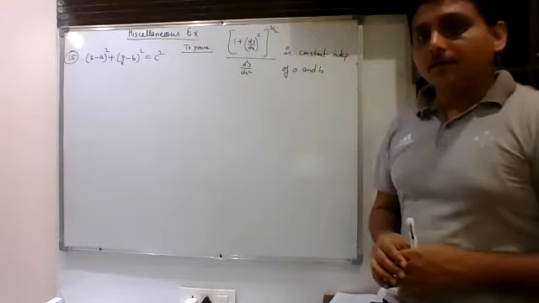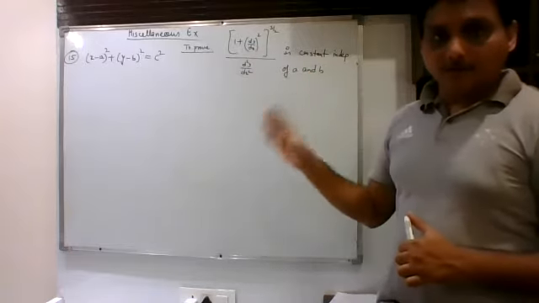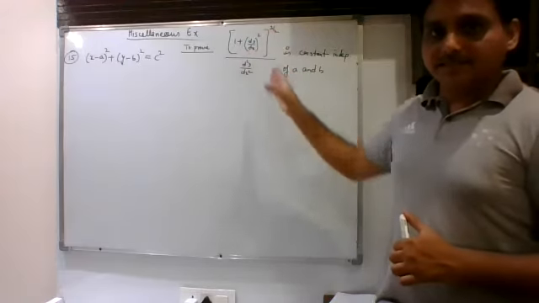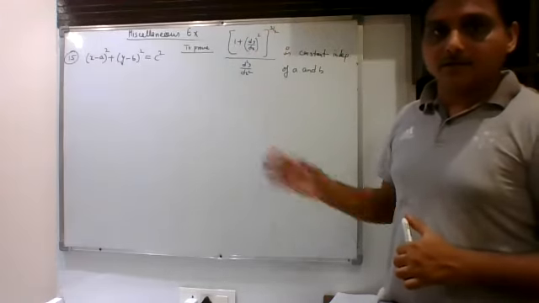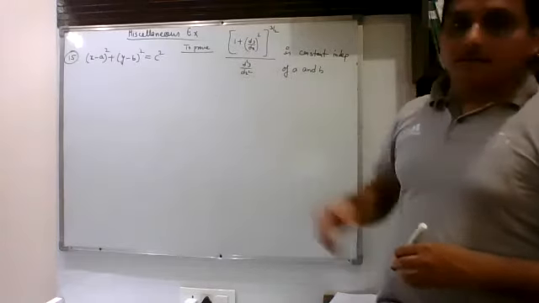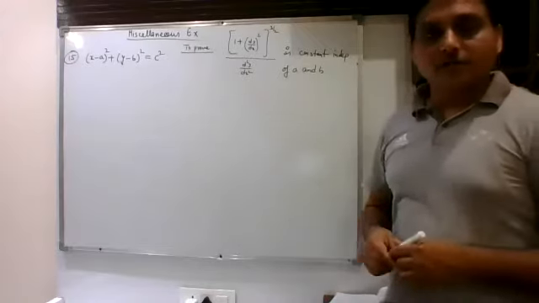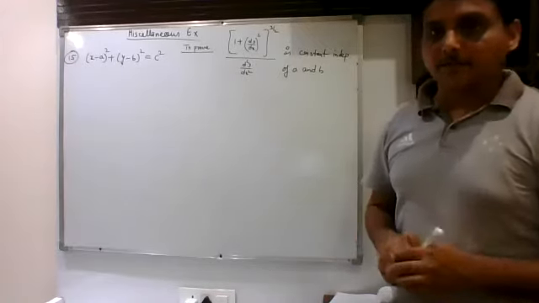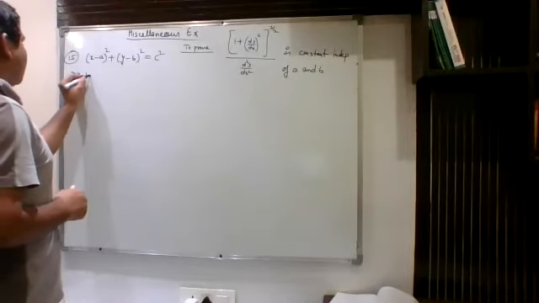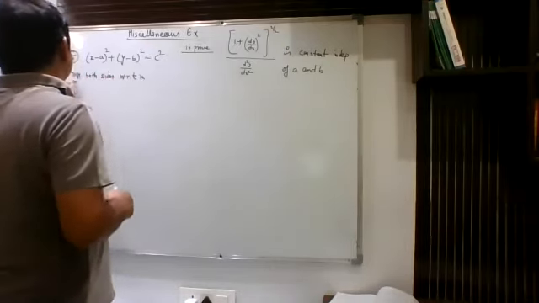Now here, how to proceed? First of all, we have to take the single order derivative, then the double order derivative, then we will find this numerator separately and put the values in this expression, and then we will try to prove that this is independent of a and b and your answer should be constant. So we have to take the single derivative and the double order derivative. Let us start the question by differentiating both sides with respect to x.